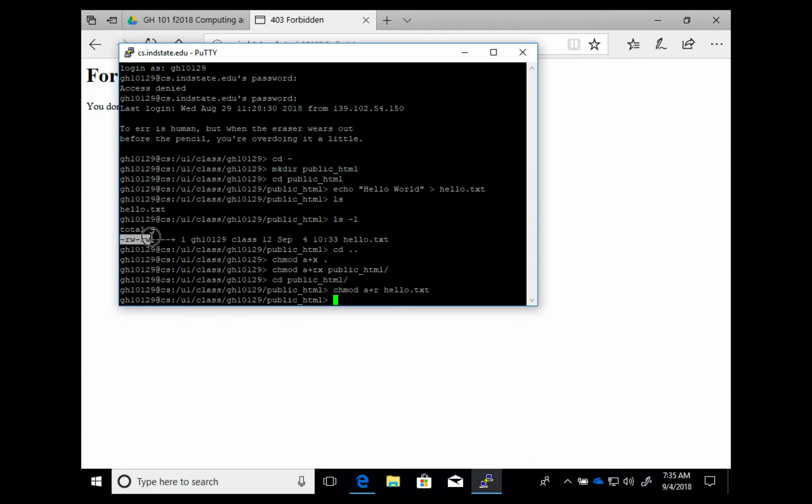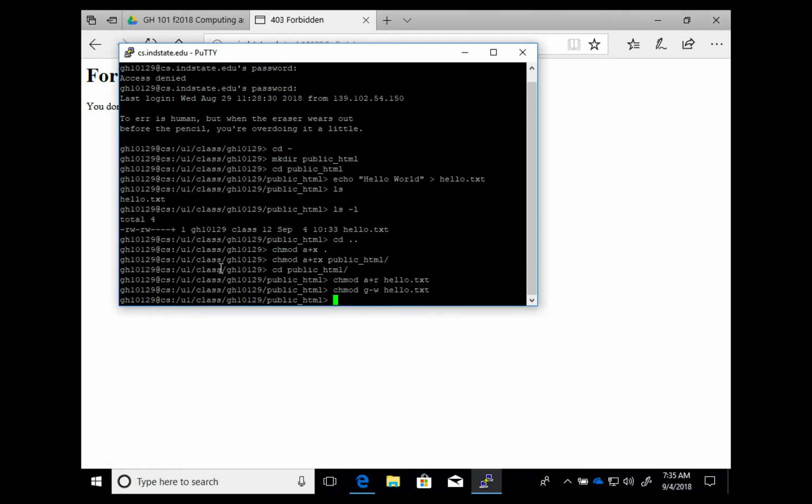This printout from ls -l shows the permissions right now. The person that created hello.txt, that's this account, has read and write permissions on that. The group, that's the class group, also has read and write permissions. That's probably not a great thing. That means anybody else in the class would be able to write to that file. I can change that by saying group -w. Okay, so now